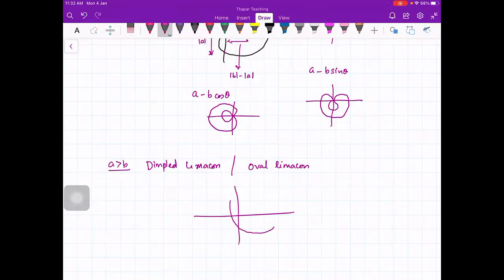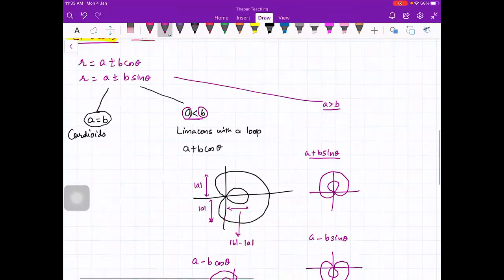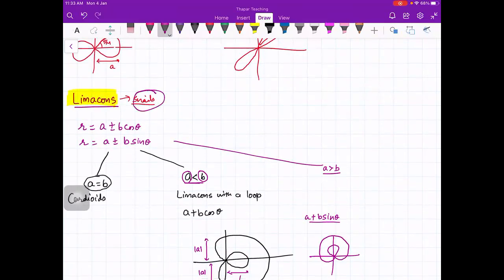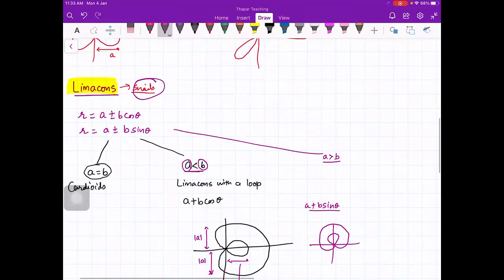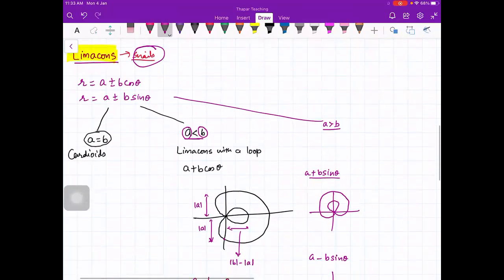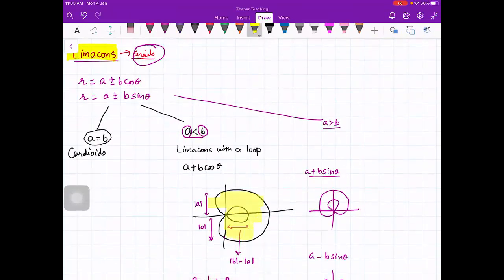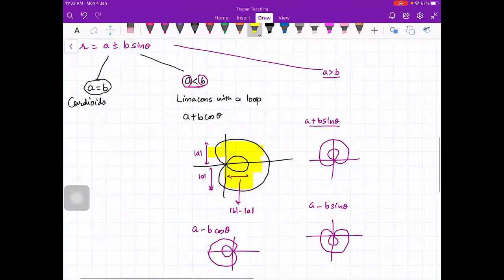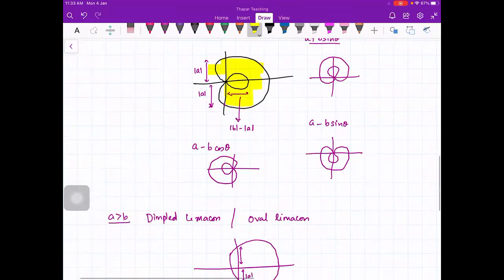Ma'am, what's the actual meaning of a limacon? Snail. I'm saying this is a name in some language. I don't know. Snail. You know snails. These are insects. This is like a snail. You can see this is something like a snail. It has this mouth inside. Okay. It is in a circular form. So that is the meaning.